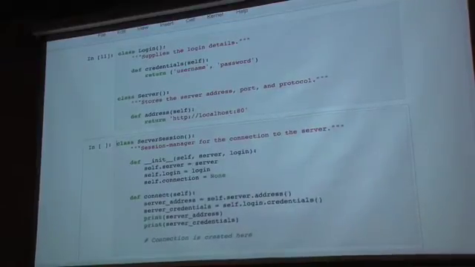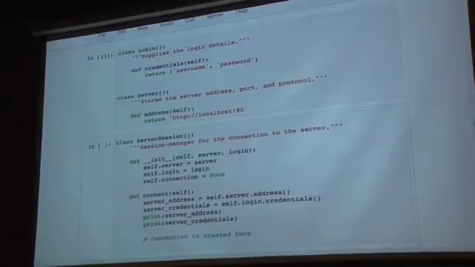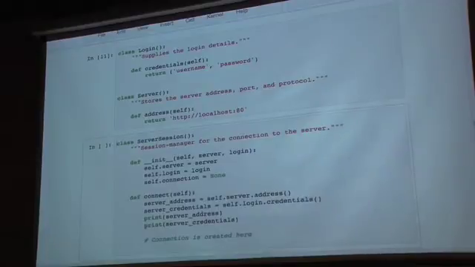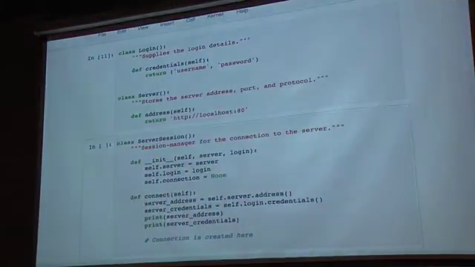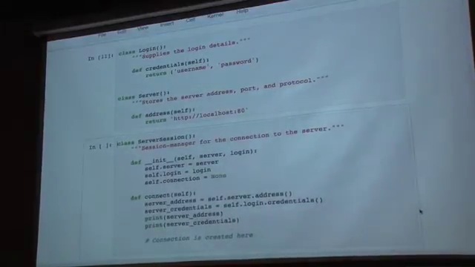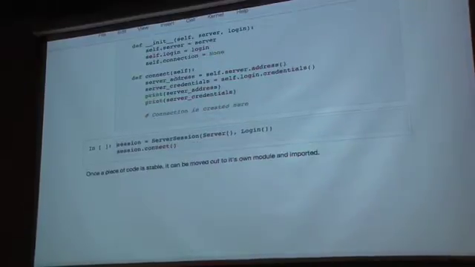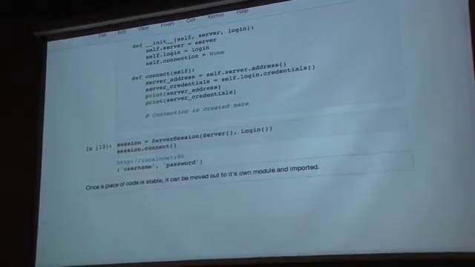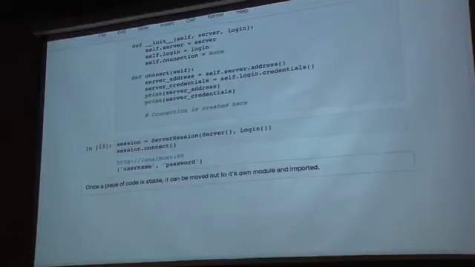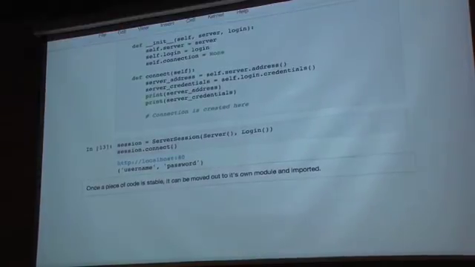So we have a server session object that depends on a login and a server. Now, if I don't know exactly how I'm going to construct these, or compose these objects together, all I have to do is look back up a little bit. I don't have to go search out the other file. I don't have to do any of that stuff. As well, if I need to know how to call it, it's all sitting right here. And what's really nice is once the code is stabilized,